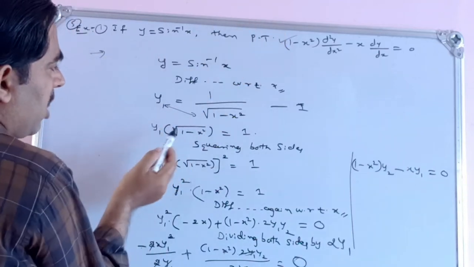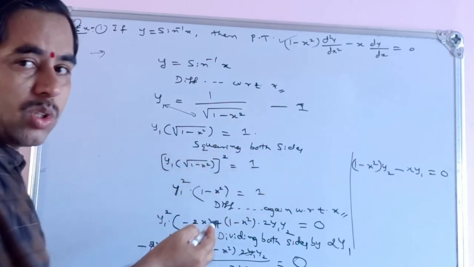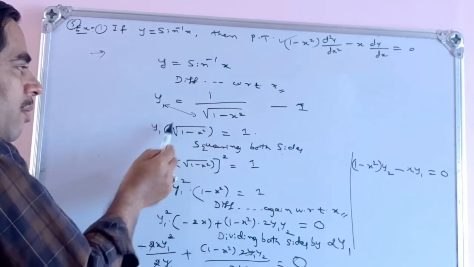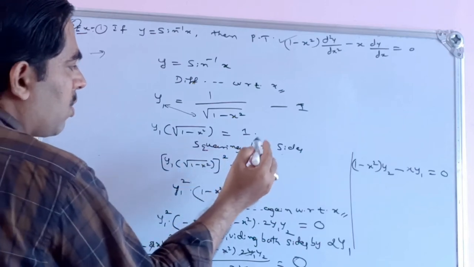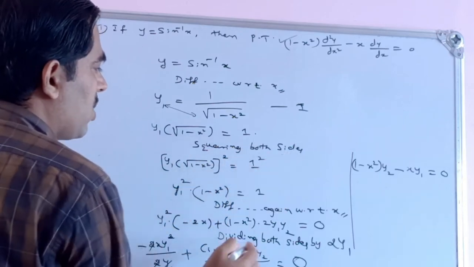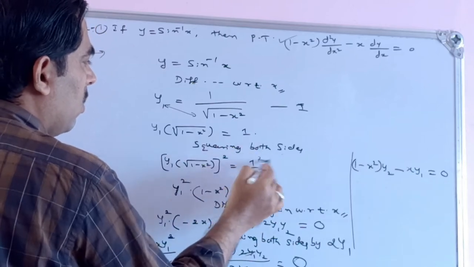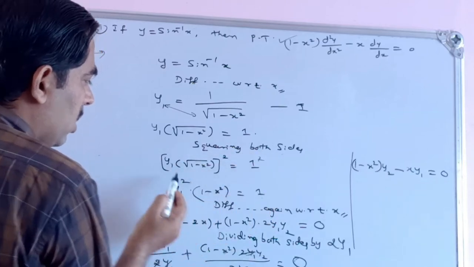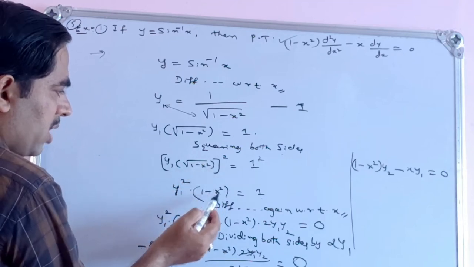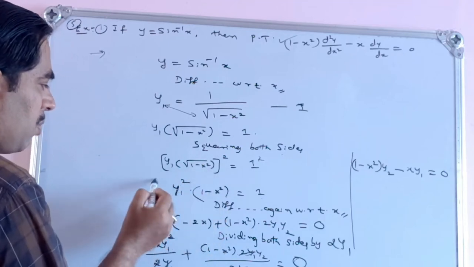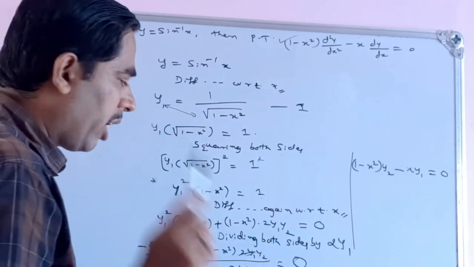So in this way we can get the required result. Here after cross multiplying, what I have done is squaring both sides. So squaring both sides, I am able to remove the square root. See, squaring both sides means the whole square, so 1 square is equal to what? 1. Then on the left hand side, y1 square into the square root of 1 minus x whole square means what? I have 1 minus x square. Then for this product rule, see, this is an important step here. So what is the product rule? How can we use product rule?